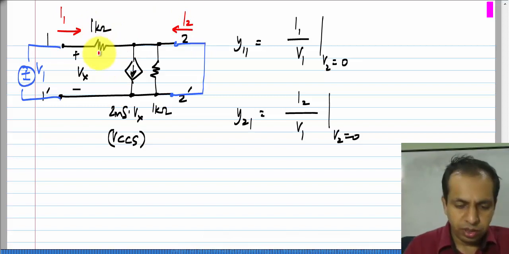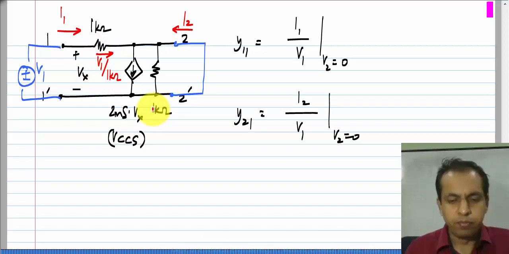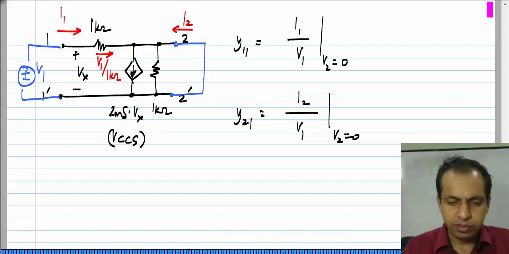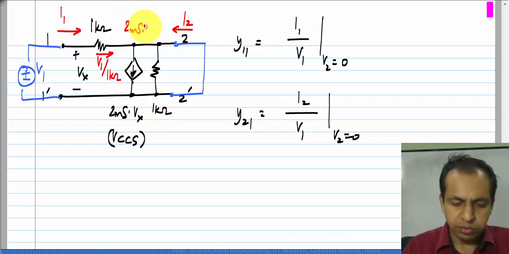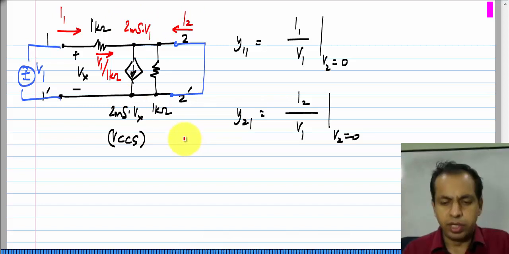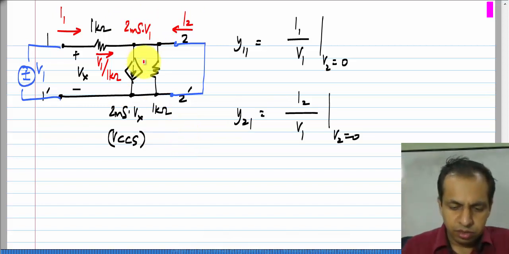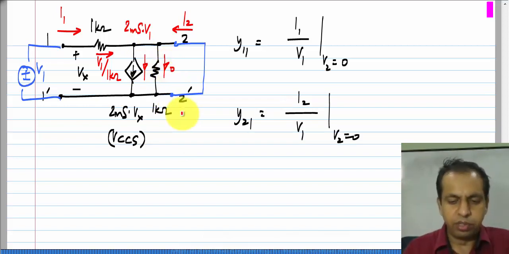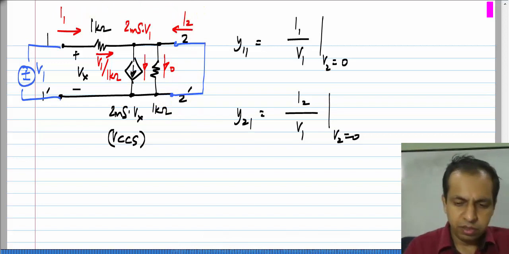So, the current through this 1 kilo ohm resistor is V1 divided by 1 kilo ohm, and the current in this control source is nothing but 2 millisiemens times Vx, and Vx is the same as V1 in this case. So, this is 2 millisiemens times V1. Okay. And that goes in that direction, and the current through this is 0 as I mentioned earlier. So, firstly, this I1 simply equals this V1 divided by 1 kilo ohm,